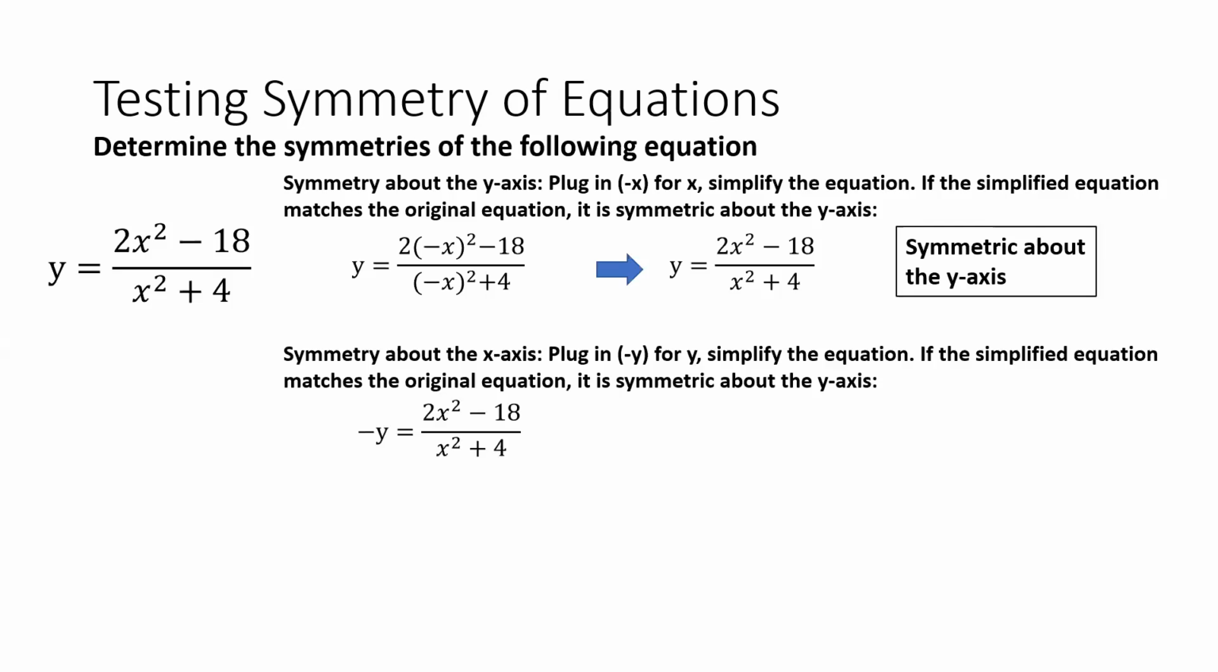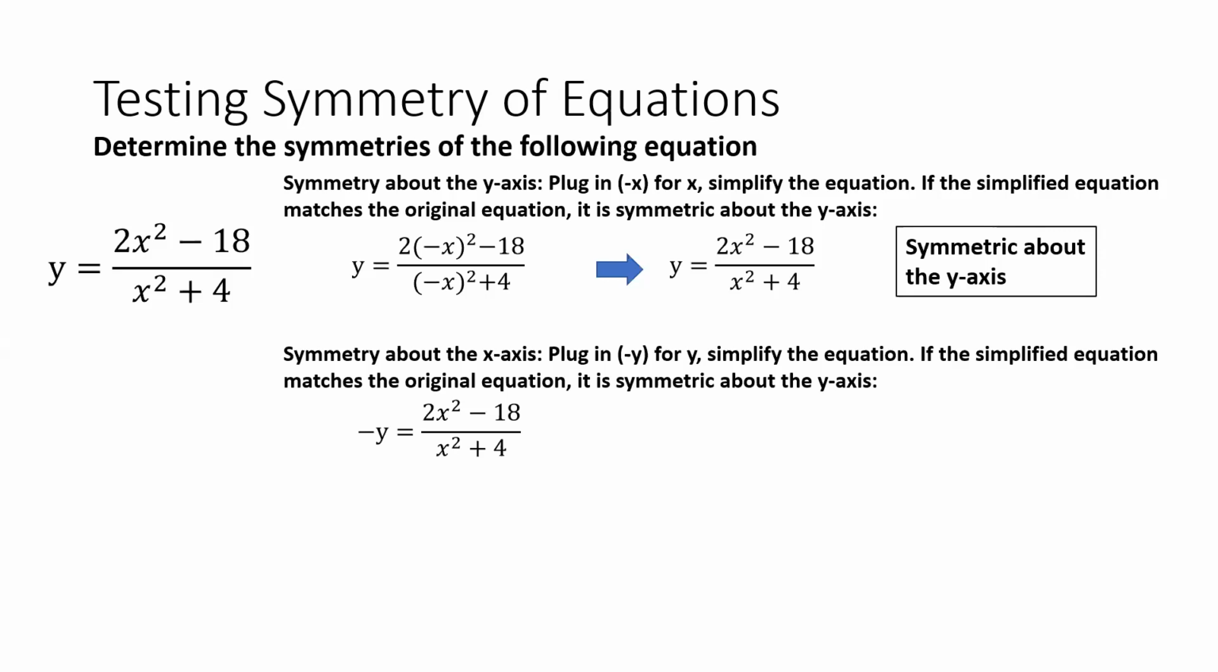Very similar concept when I'm trying to test for symmetry about the x-axis. So I'm using the exact same equation on all three of these examples. What I do is, in this case, I plug in negative y for y, simplify my equation, and if the simplified equation matches the original, I have symmetry about the x-axis. So here my original equation was y is equal to 2x squared minus 18 over x squared plus 4. I change my y to a negative y, and now to simplify,